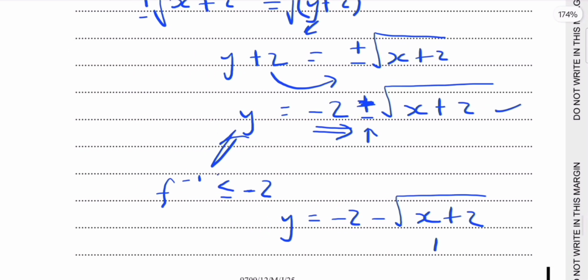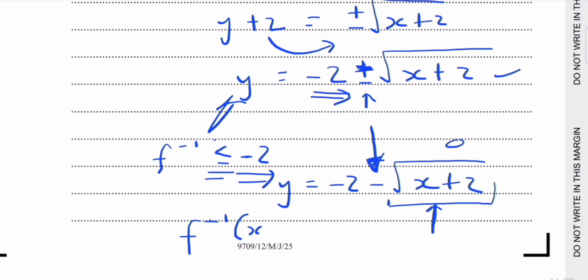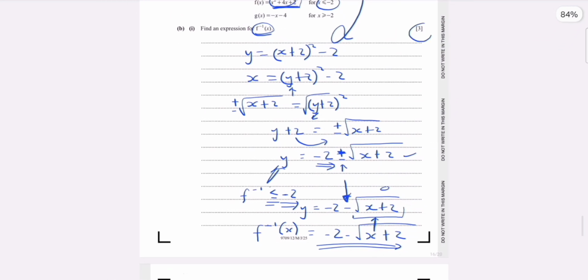This way we know that for whatever value we get for this part, we are always subtracting from minus 2. So if we get a 0 here, it's minus 2 minus 0, which is minus 2. Then if we get any other values that are not 0, we get values which are less than minus 2. And so for that, we're taking minus and not the positive sign. So the inverse of f of x is minus 2 minus root of x plus 2, like this. Then for 3 marks,